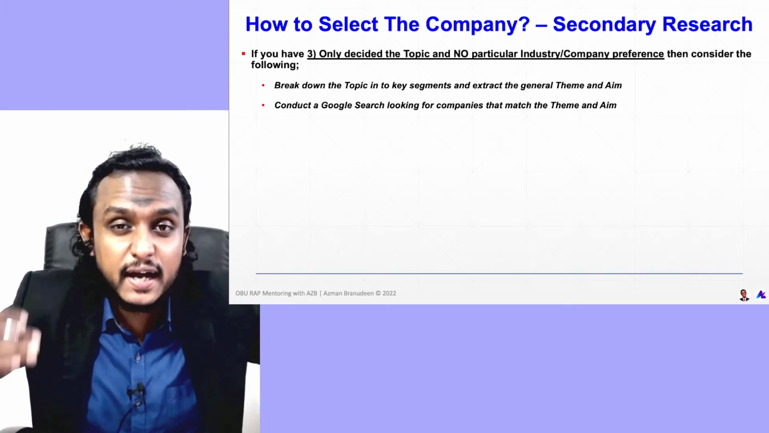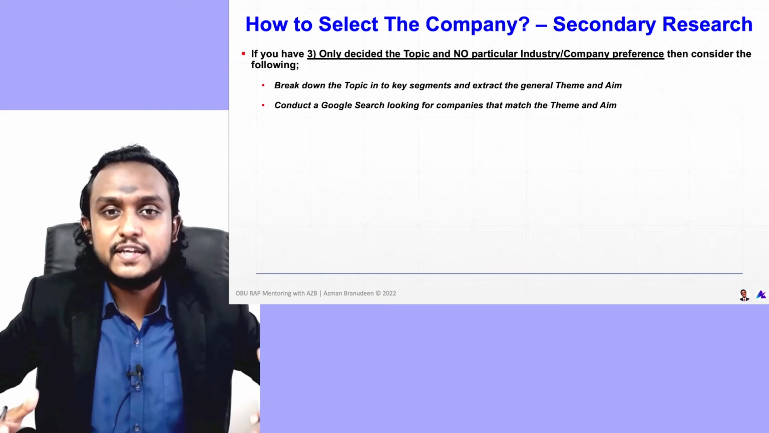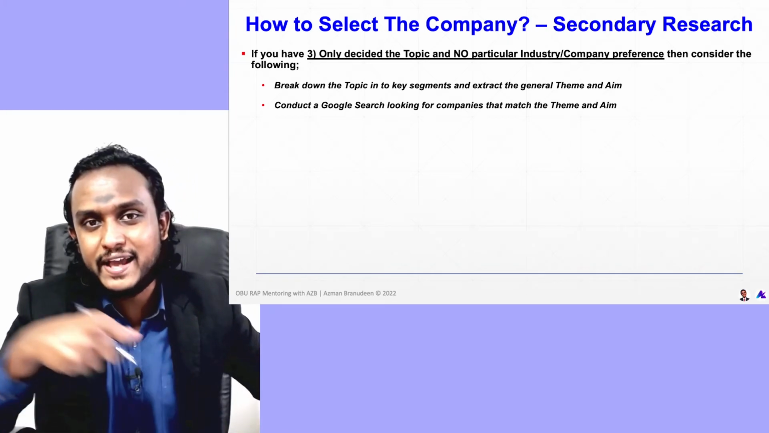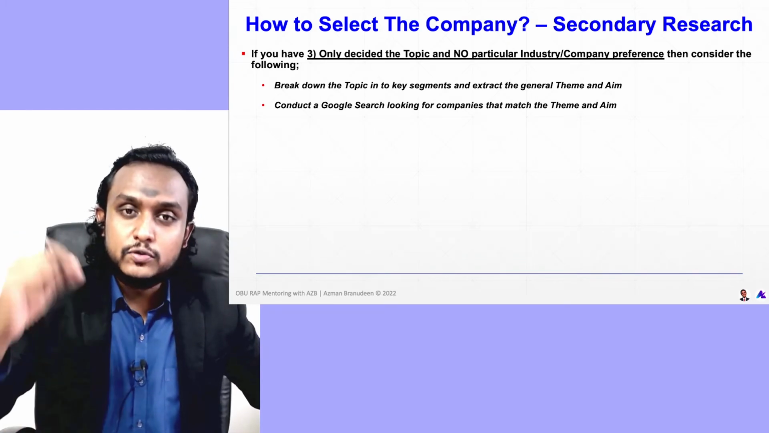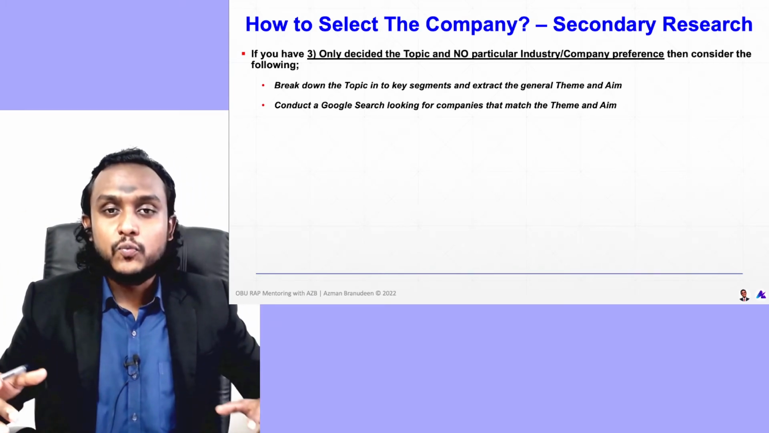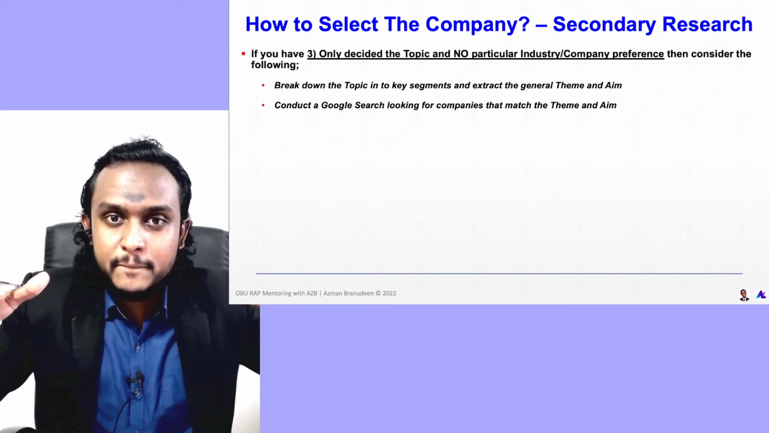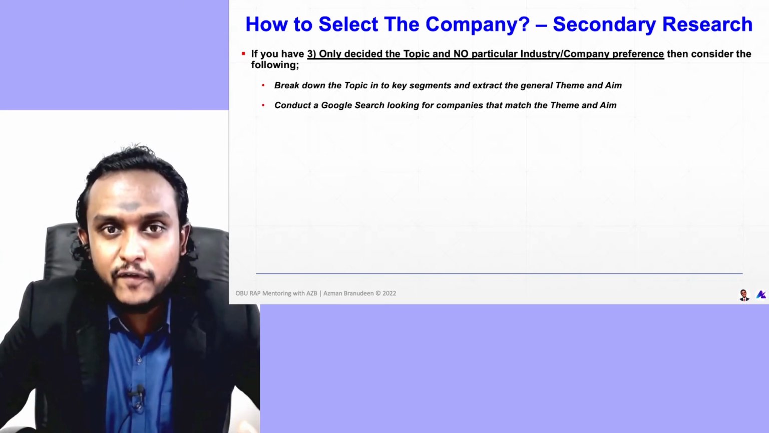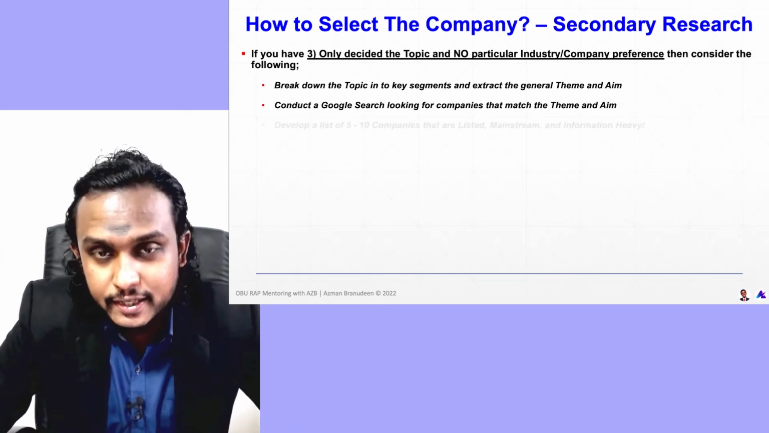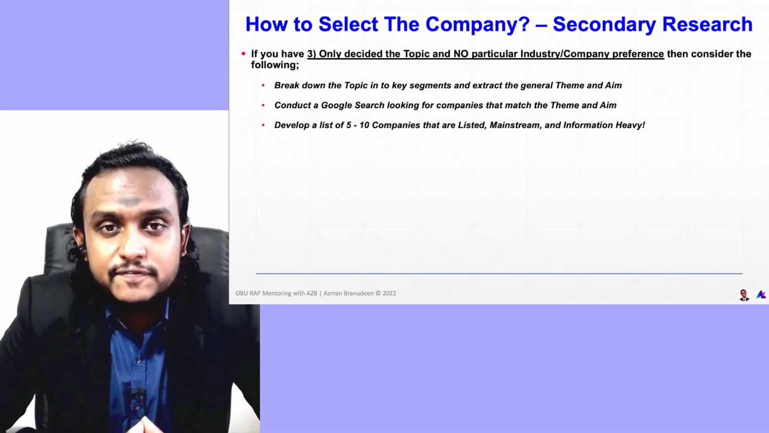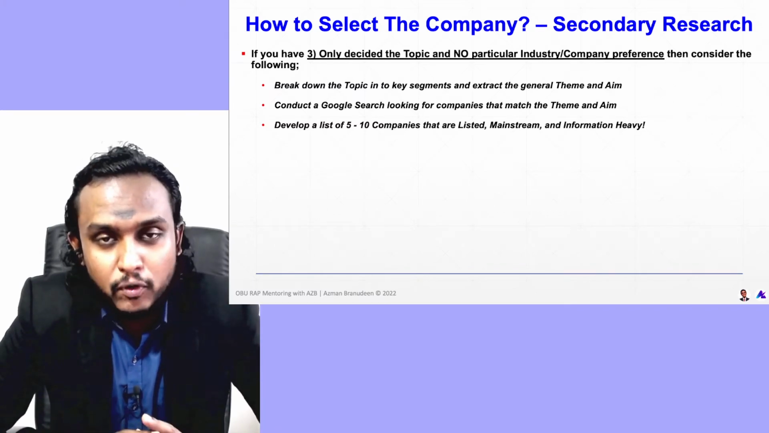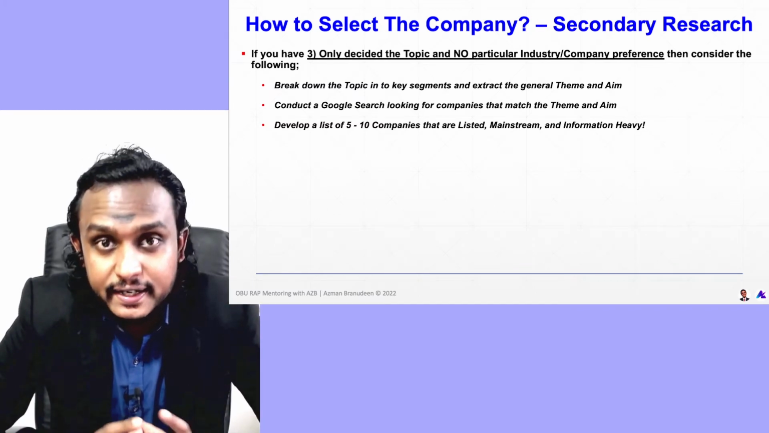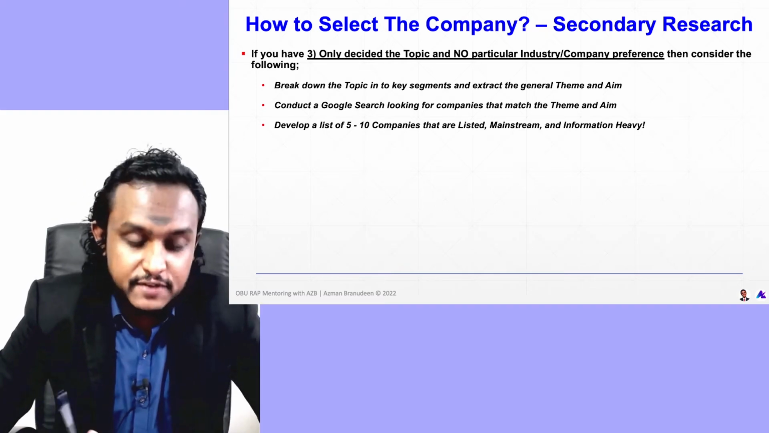That's a starting point of using the topic and the understanding of the topic you extracted, to use Google to work top down in order to find a company that matches the criteria. Develop a list of 5 to 10 companies that are listed, mainstream, and information heavy. This is very important. This is where secondary research plays a big role, because if you choose a company that